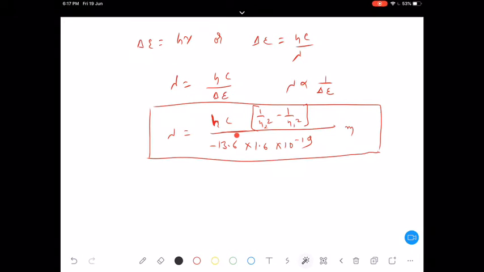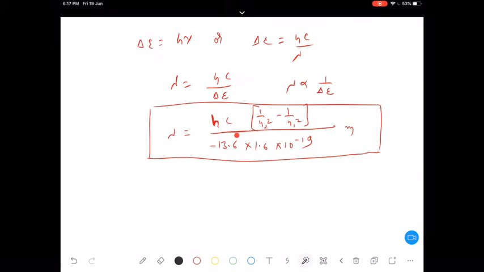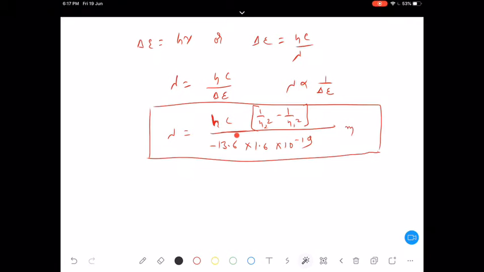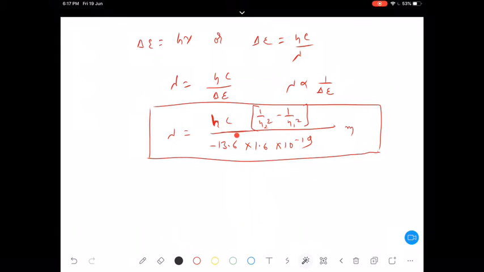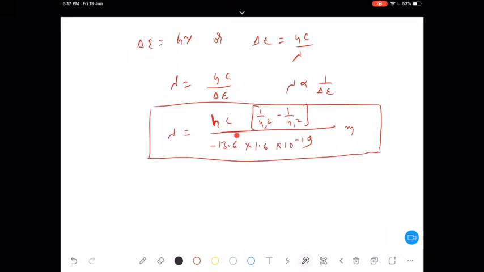Up to whatever part we will be, like today is Friday, right? So up to Bohr's model it will be there. De Broglie and Heisenberg uncertainty principle will not be there in the exam. So whatever we are able to discuss today, that part will be there in the exam.